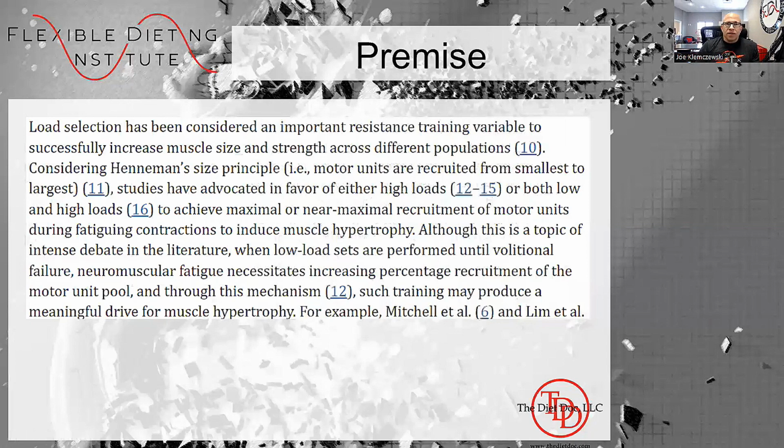Load selection has been considered an important resistance training variable to successfully increase muscle size and strength across different populations, considering Henneman's size principle, which are motor units recruited from smallest to largest. I'll explain that, but you guys got a little of this in our survey 2 weeks ago. Studies have advocated in favor of either high loads or both low and high loads to achieve maximal or near maximal recruitments of motor units during fatiguing contractions to induce muscle hypertrophy. Let me back up into that just a little bit more. So just picking apart some of these important nouns,